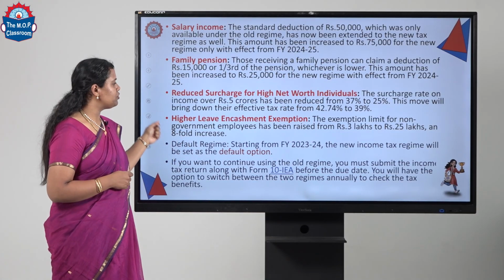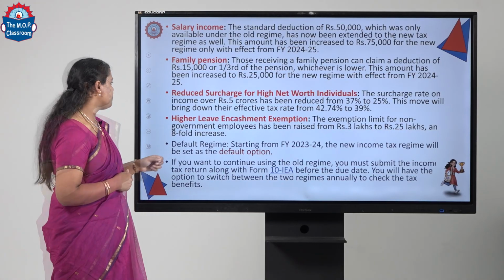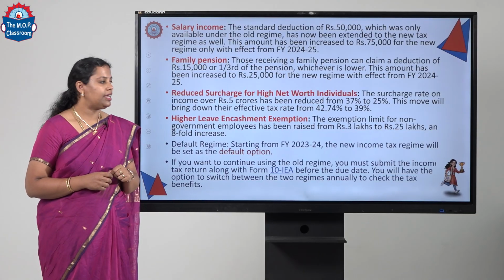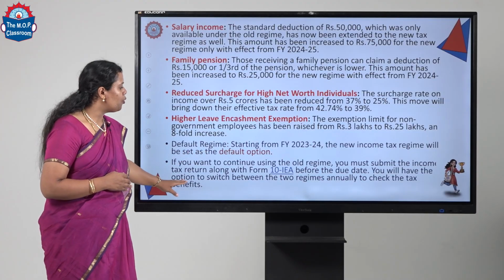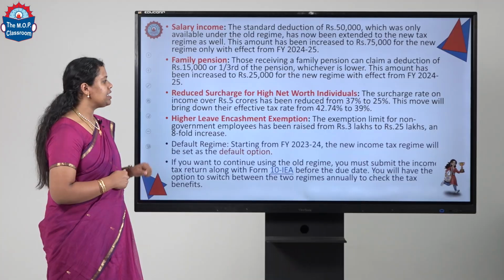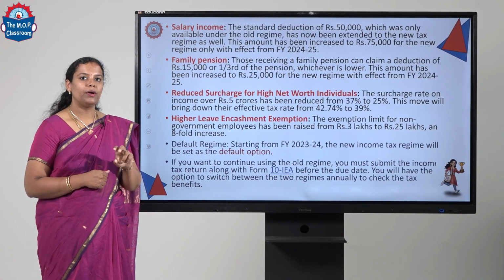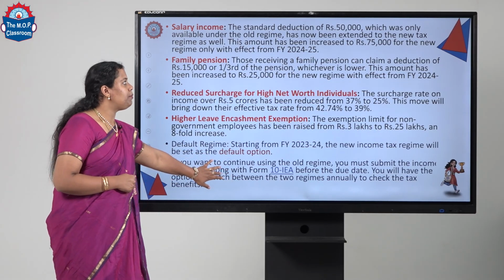So this is more beneficial for all the employees who are actually claiming back all the leave encashments from their organizations. But the default regime has been introduced in the financial year 2023-24. So the new tax regime has been taken up as the default option with reference to Form 10-IEA. Okay. So in this case, all those salaried individuals who really want to take up the old regime but want to convert later, this form is necessary and has to be submitted to the employers also.